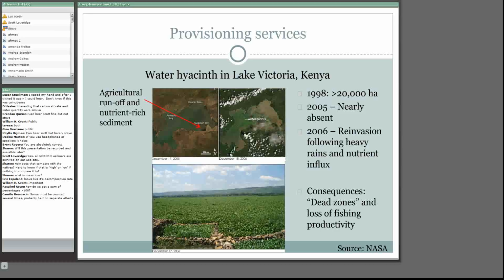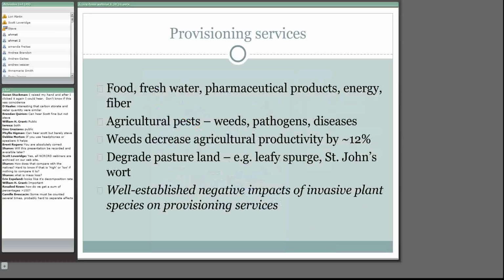There's a question from Melissa. She wants to know if there are models that are effective in prioritizing invasive control. To my knowledge, I'm not aware of any. Not that there aren't any. I have not run across those. I'm sure there are others in the group that are probably more familiar with those than I am at this point. Definitely something that would be useful to work on.